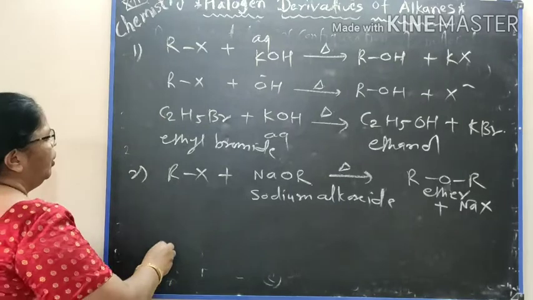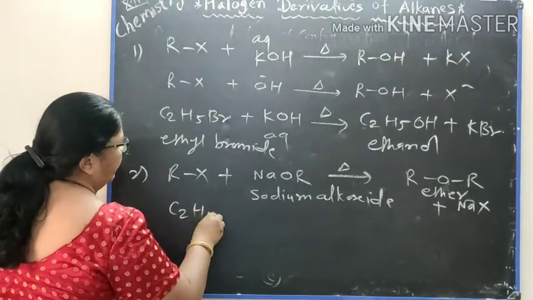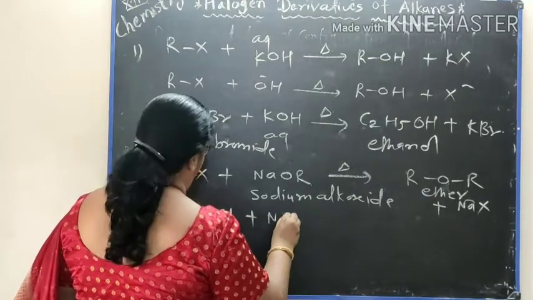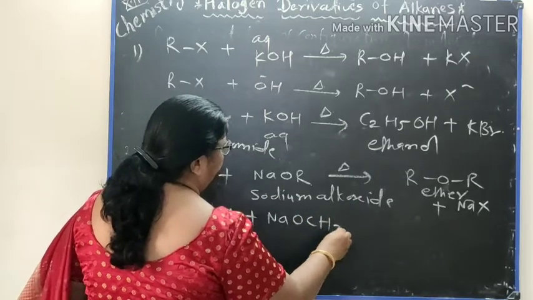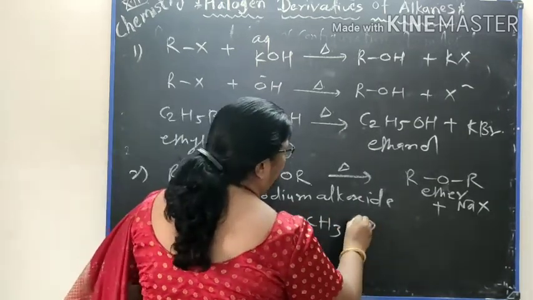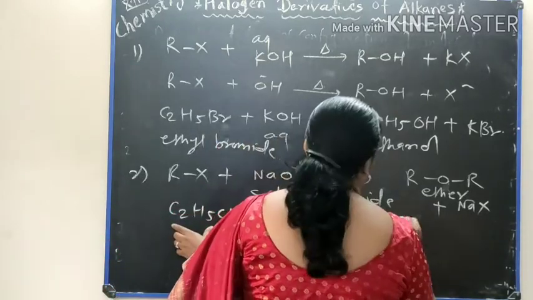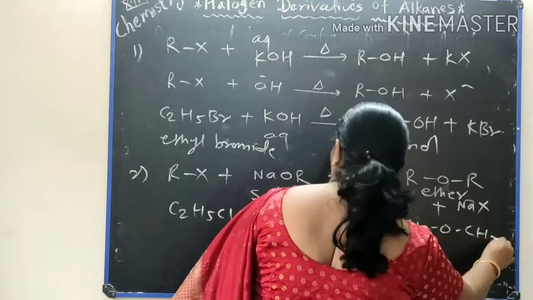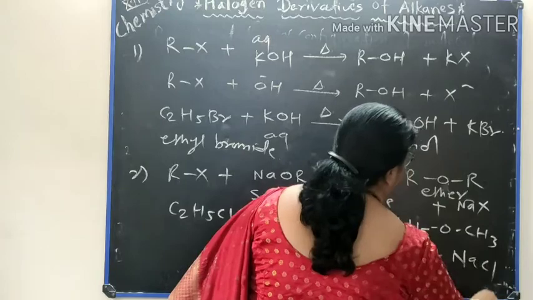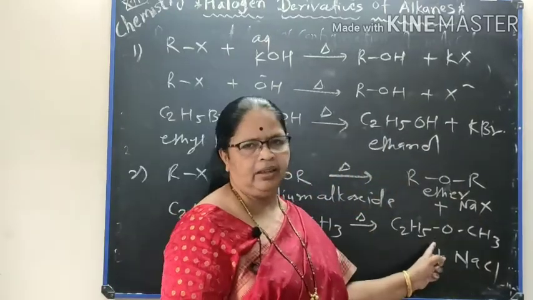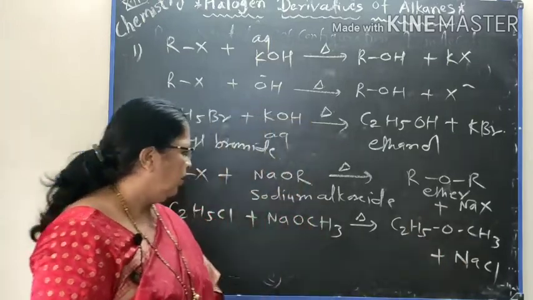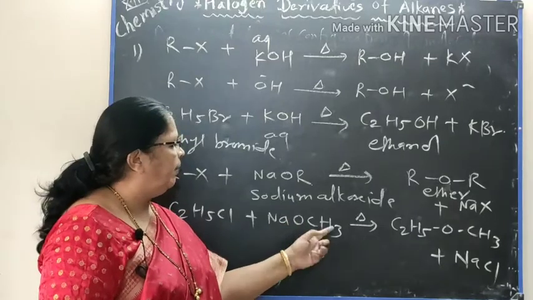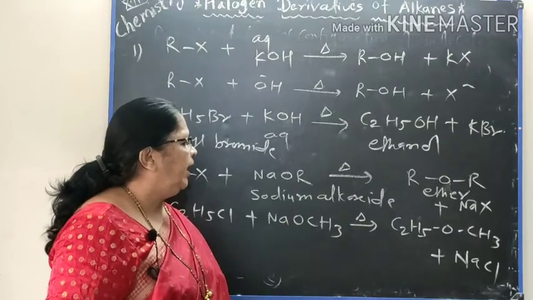For example here, suppose ethyl chloride, C2H5Cl, is treated with sodium methoxide, that is NaOCH3. After heating it gives C2H5-O-CH3 plus NaCl. Here, ethyl methyl ether. Once again, see, when ethyl chloride is treated with sodium methoxide, after heating it gives ethyl methyl ether